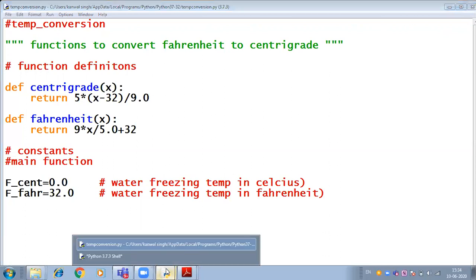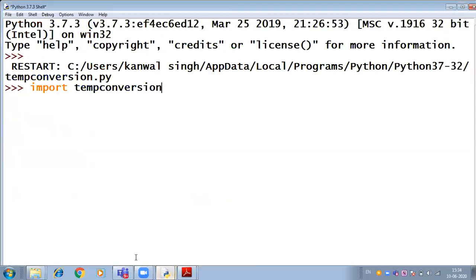So now look at the command through which we can import a particular module. To import the entire module, you have to use import temp conversion, right? So here I imported it. There is no error, which means it is imported successfully.